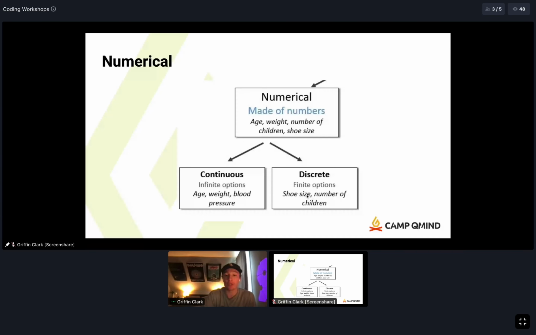You can't have a shoe size of 5. Whereas your weight could be 3, 4, 6 pounds. So it's kind of